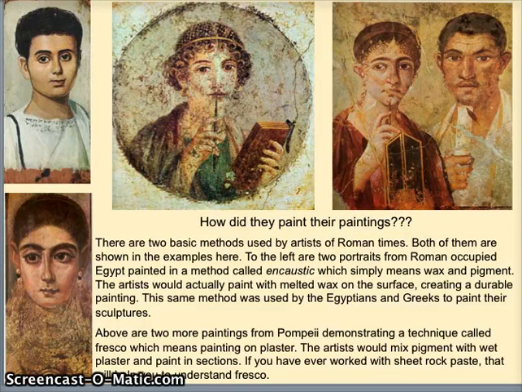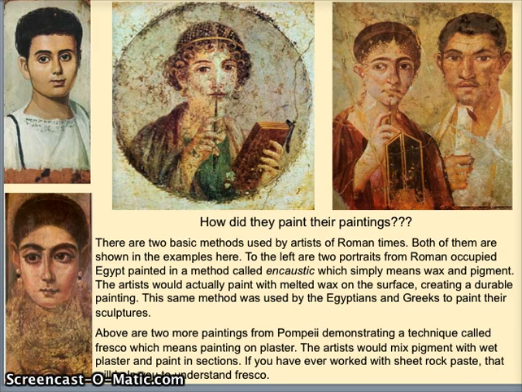So as we look at Roman art, let's consider how they painted their paintings. There are two basic methods used by the artists of Roman times. Both of them are shown in these examples. To the left we have two portraits that are from Roman-occupied Egypt, and they're painted in a method that's called